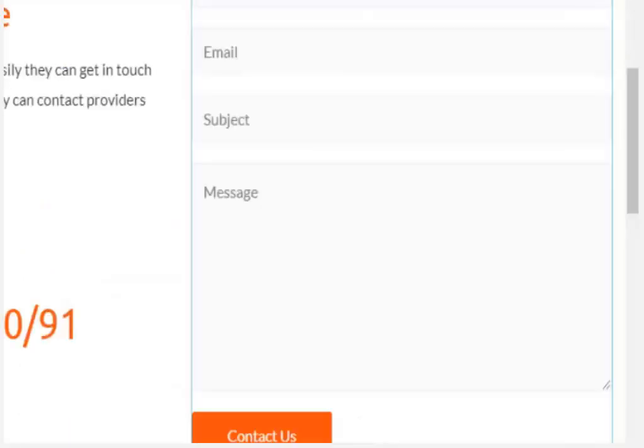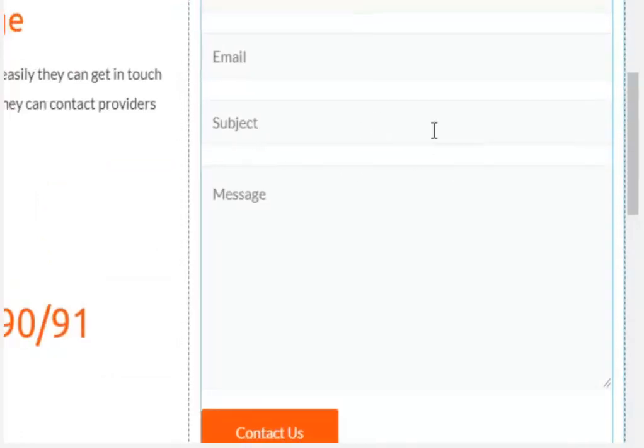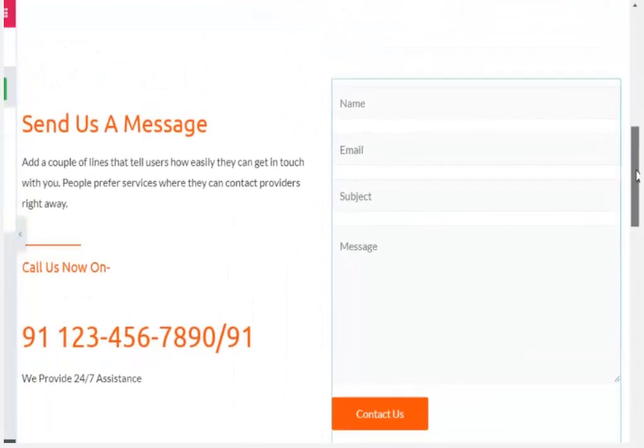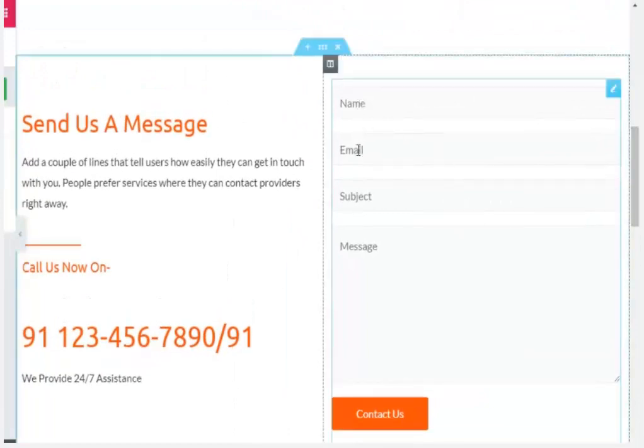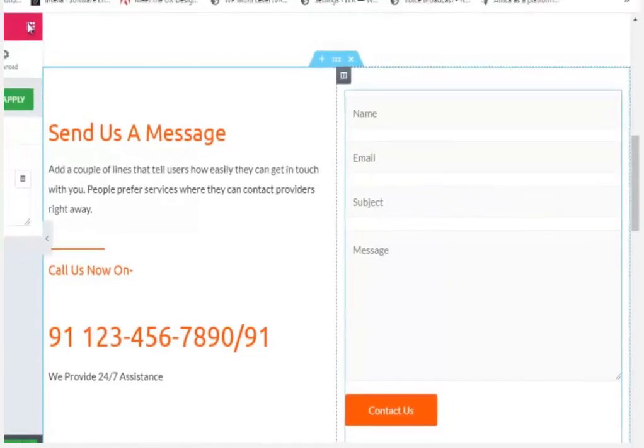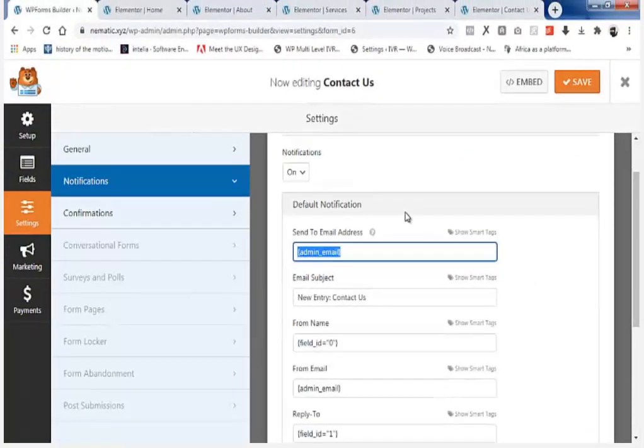The reason why we are editing this is because when users visit this website and send their name, email address, the subject and their message, it is going to appear in our mailbox. We're going to receive an alert or a message of what they sent, in any mail you fill here.